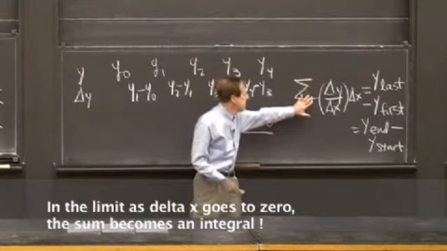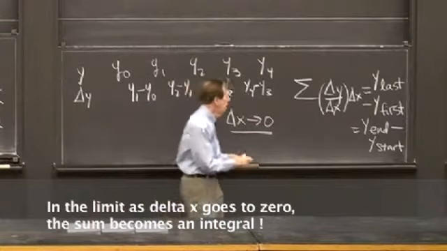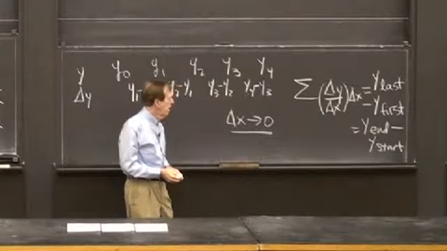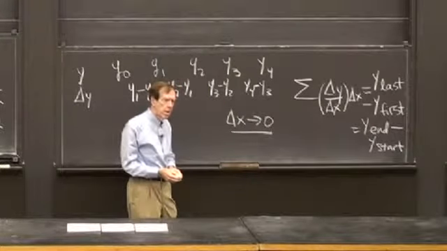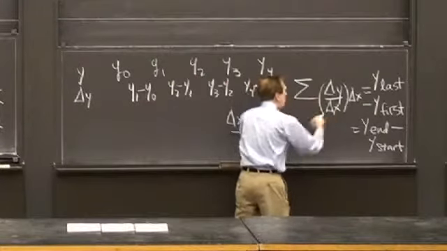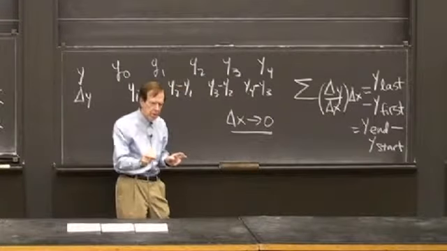But it's this that's changing as delta x goes to 0. This becomes dy dx. But this sum becomes, times the little delta x's going to 0,